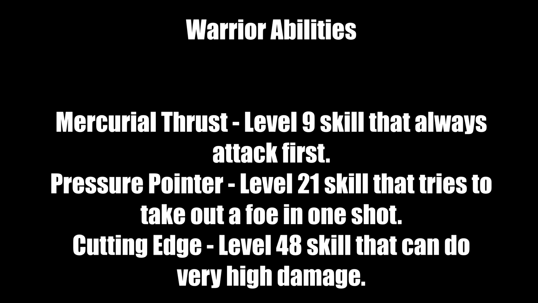Now for the warrior skills that fit great with the martial artist we're building up. Mercurial Thrust, that's a level 9 skill, like I said before, always attacks first. So if a foe's about to be near death, go ahead and pop this, they die. Pressure Pointer will instantly kill foes sometimes, like a poison needle. Now, it can miss. That's the difference there. However, if you're really desperate and you don't have a clear critical chance, then you pop this and hope